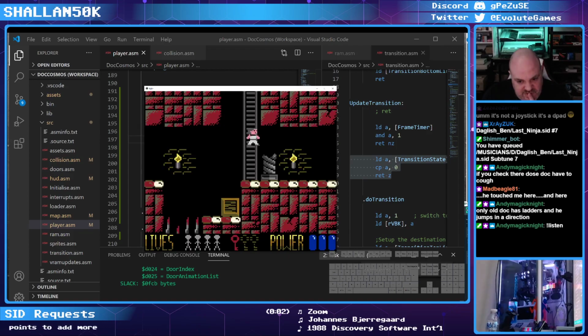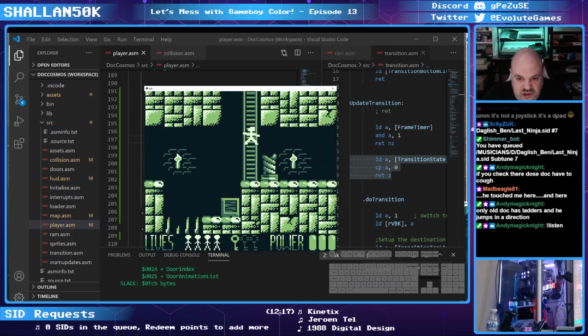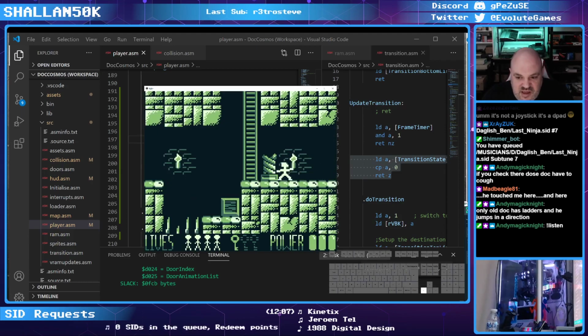So in this mode, obviously, he's not going to be able to jump because he's not going to be able to stand on a ladder. But in this mode, he should be able to jump. And at the moment, he's jumping straight up the ladder, which is bad. Whereas what he should do is jump out to the side. So I feel like if you press jump while you're on a ladder,